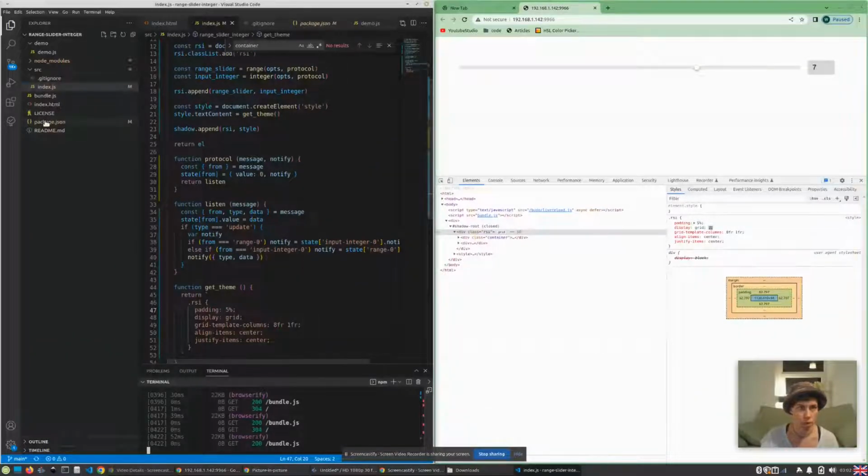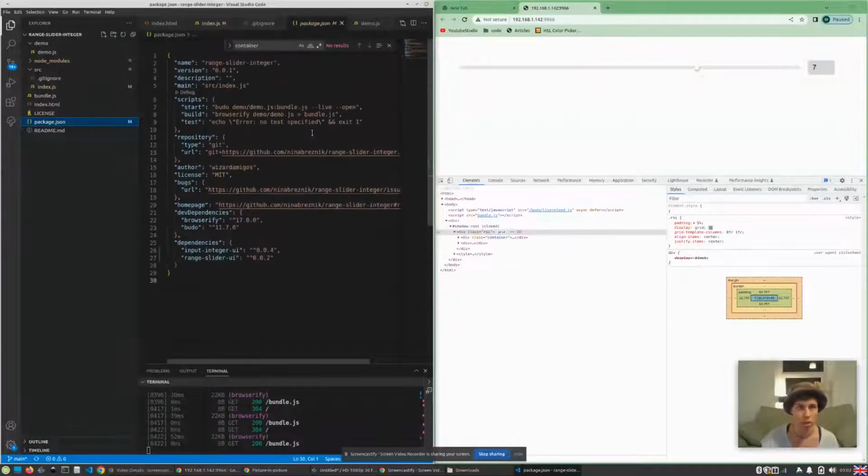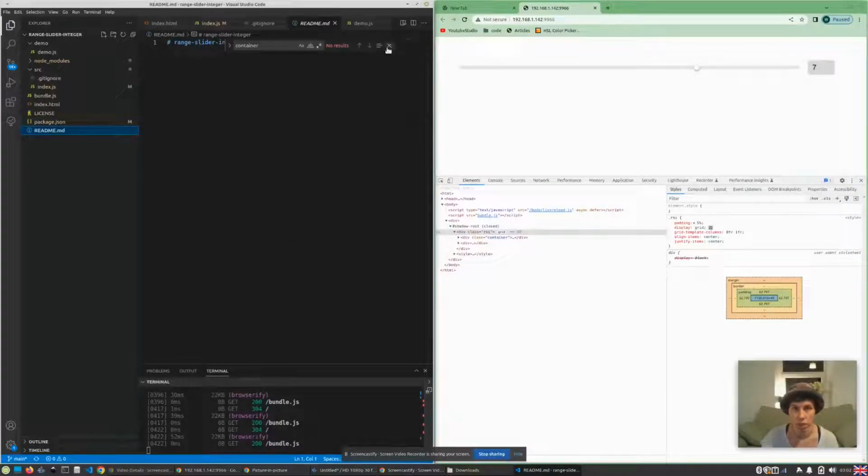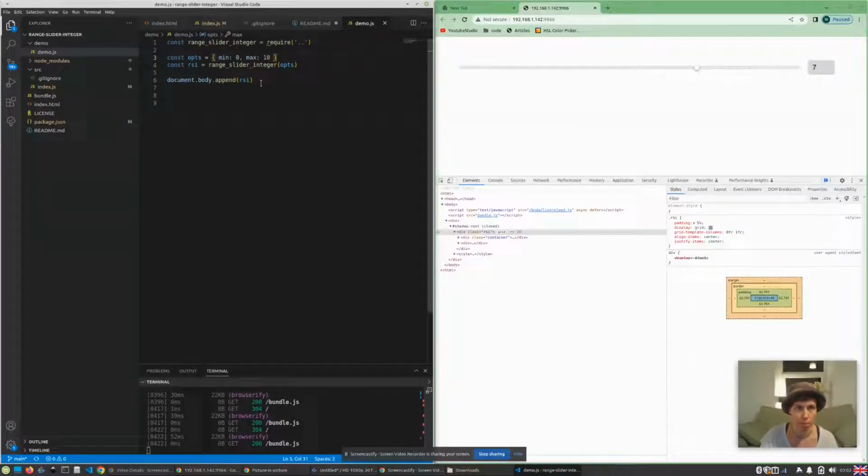So first of all, let's check our package.json. We have everything here. The version is 1. We didn't publish it to npm yet. And we don't have any README yet. So we could add this. Usage. We copy from demo. So we can say